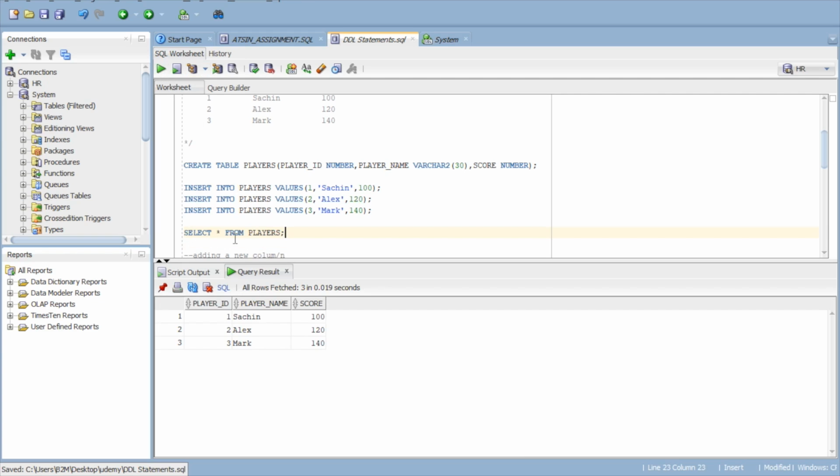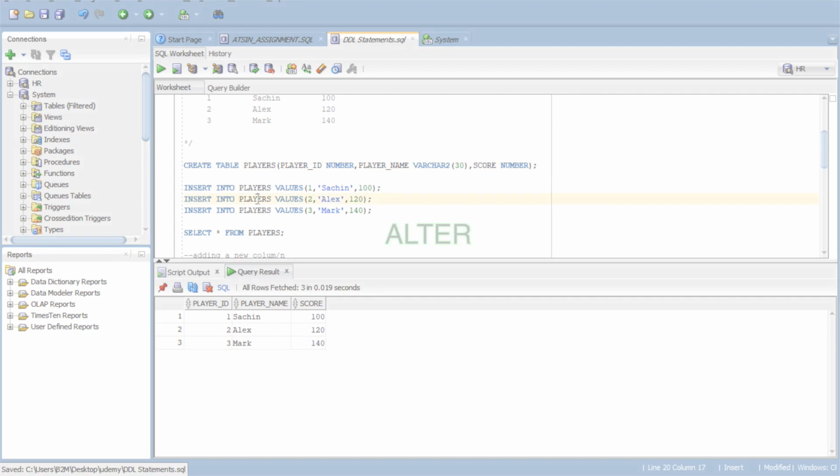If you put select star from players, you can see the 3 columns whatever you have mentioned while creating the table, and for the respective columns we have the records also. 1 Sachin 100, at last my table will look like this. So I can add as many rows as I need. I hope now you have understood how to create a table and insert some records.